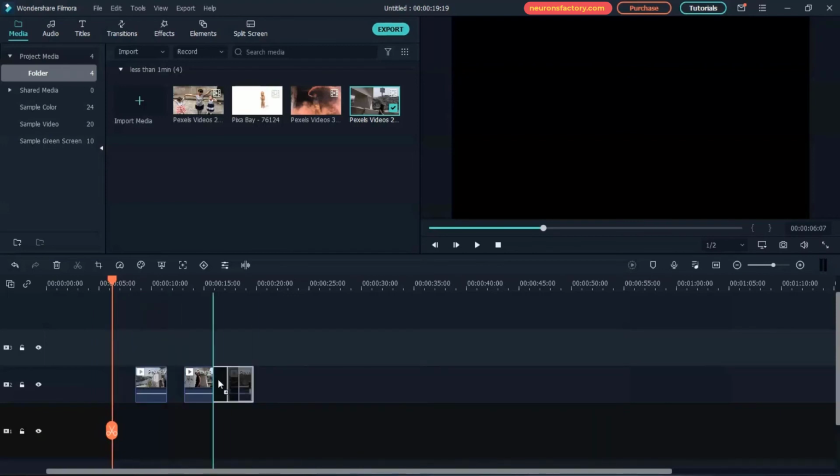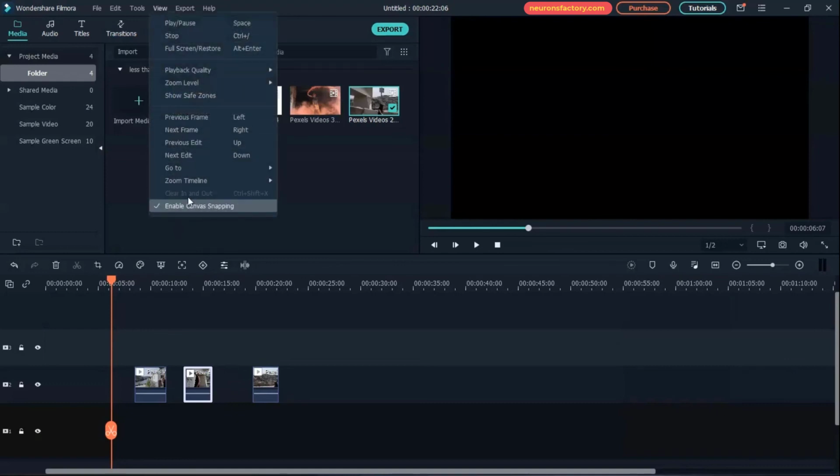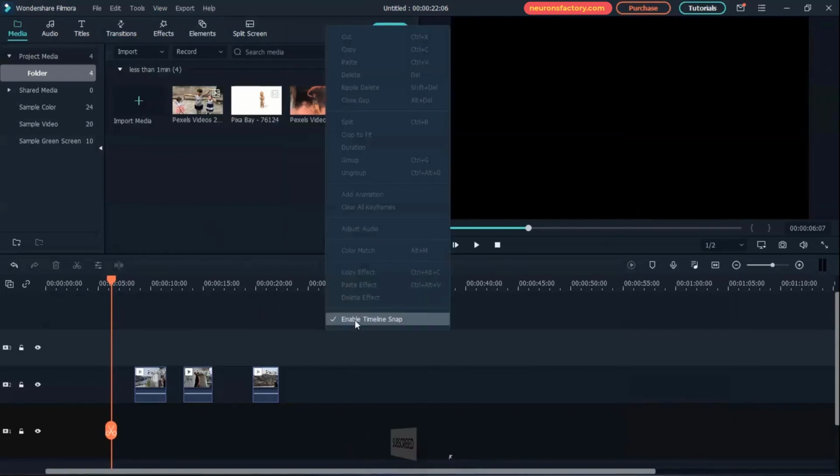The snapping feature ensures that there is no empty space between two clips you have placed on the timeline. For any reason, if you want to close the snapping feature, which is not recommended, but if you want to, you can disable the Enable Snapping feature from the View menu. You can also access this feature if you right-click in the timeline.